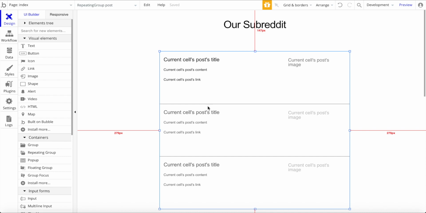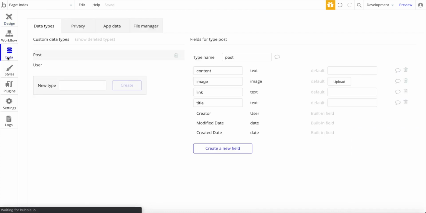So what I did, just to summarize, I created a new Bubble app and I created a title on the main page, and I created a new data type which we can look at. So the data type is called post. You can call it whatever you like, and the post should just represent a Reddit post. And I just inserted the content of a post, the link, title, which is all text, and then also image,